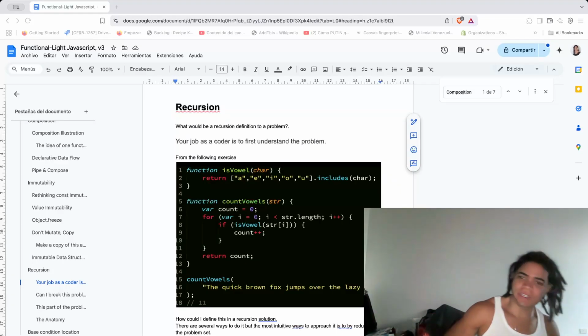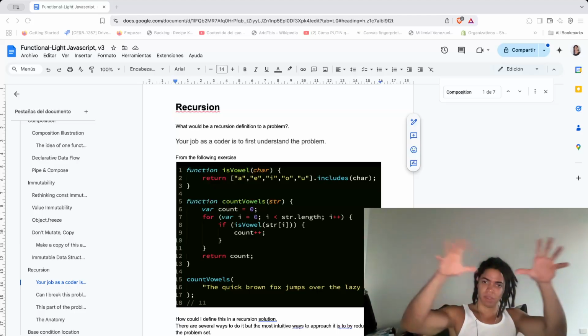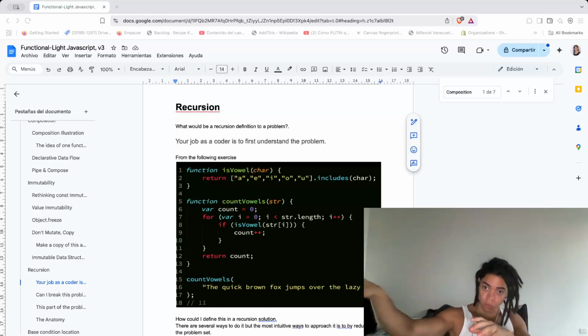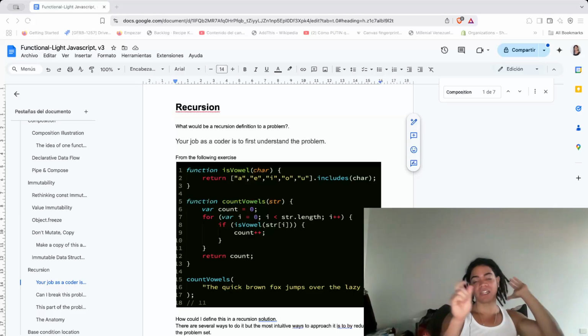Javier Gonzalez here again. And today we're going to explore recursion, especially this advanced technique when it comes to breaking down a complex problem into small chunks. Or as I like to call it, I have this problem that I could solve, and then this concrete problem that I can solve, and so on and so forth, whether it's in an iterative approach or